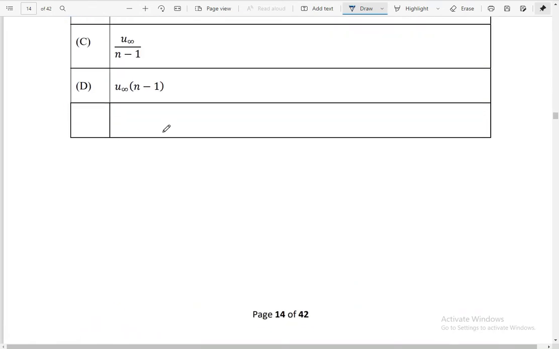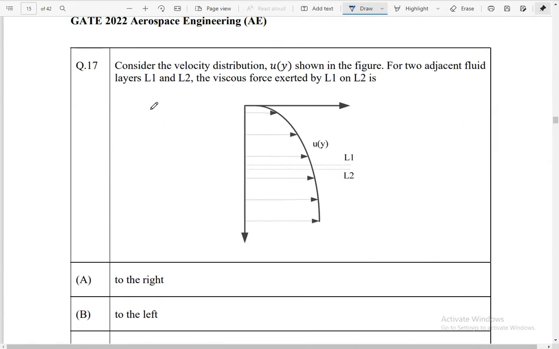Question number 17 is, consider the velocity distributions U of y shown in the figure for two adjacent fluid layers L1 and L2. The viscous force exerted by L1 on L2 is,